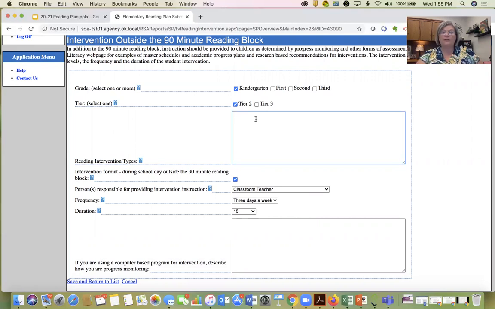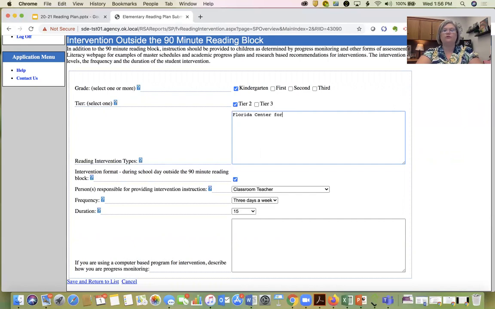One of the most common things that we would see districts write in this box is small group instruction. Well, that's great, but the problem is small group instruction is a setting, it's a place. It does not tell us what we are doing to improve the abilities of those students. So this is one of the first things we'll call and say, please remove the small group instruction. I'm glad you're meeting in small groups, because that's probably where you're meeting most of these kids, but what are you doing there? And so it might be that I'm using activities from the Florida